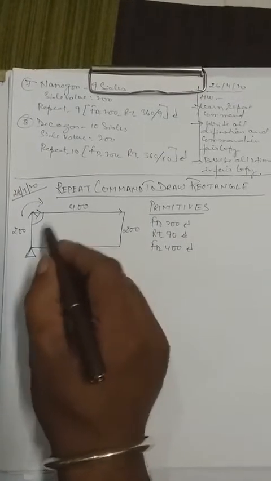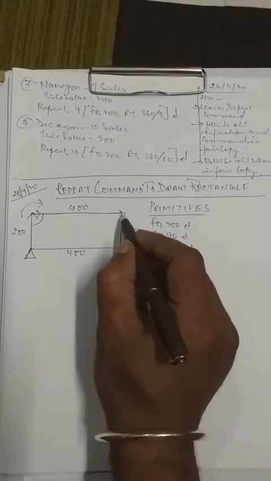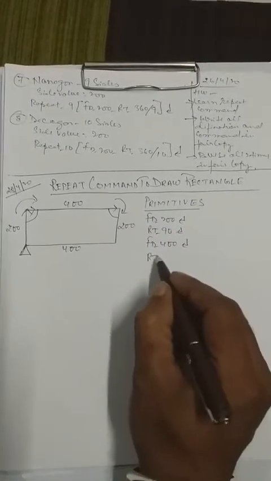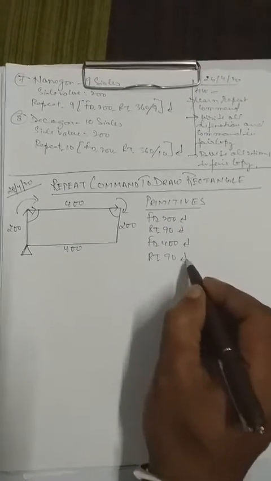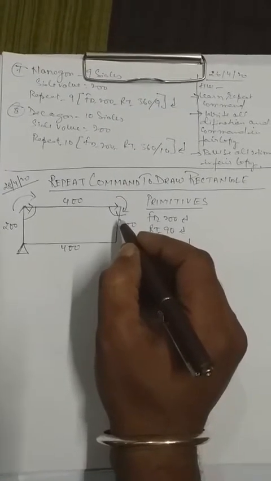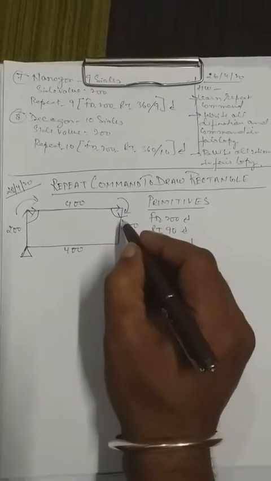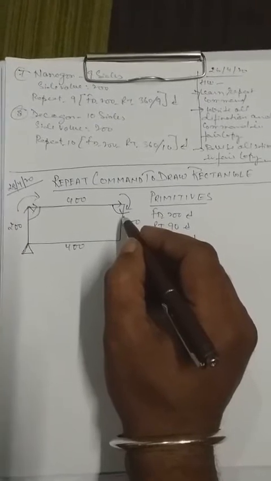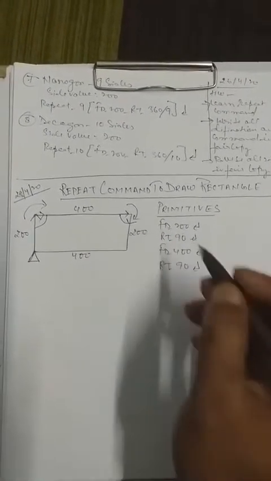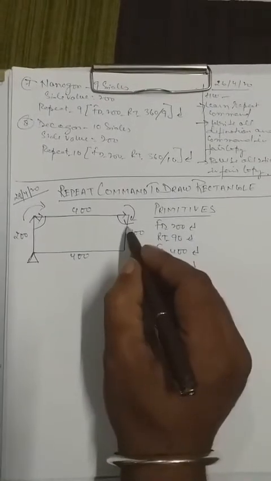200, 400. These were two different lines. Now your turtle is here. Now again we need to turn my turtle clockwise a quarter. So we will write RT 90. Now my turtle came down. You also make this arrowhead when you draw the figure and write the command. With this we can understand where we are standing and where the face of my turtle is. Otherwise you will make a mistake. So after RT 90 your turtle face is down.